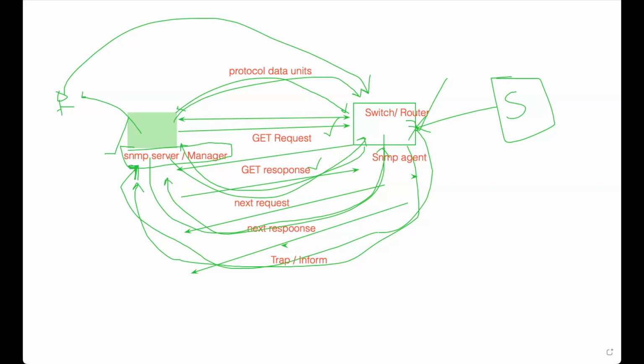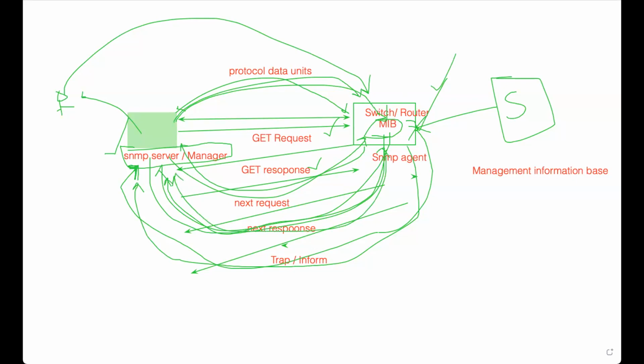So the SNMP manager will send the get request to the SNMP agent, which is to access the MIB. So what is MIB, guys? MIB is nothing but management information base. So this will query, hey, how does your CPU look? It will look into the MIB of the device and this one will respond back. So MIB is nothing but the information database that's on the network device. And the SNMP agent, in this case, will send the response back, whatever the request that is coming